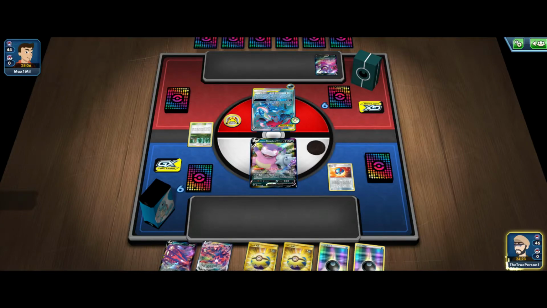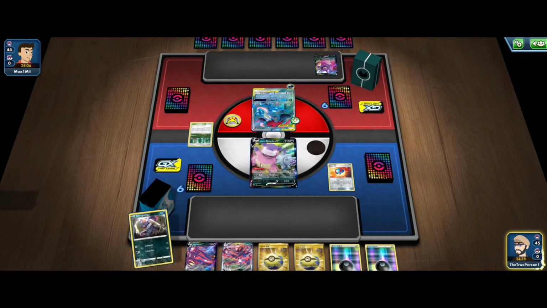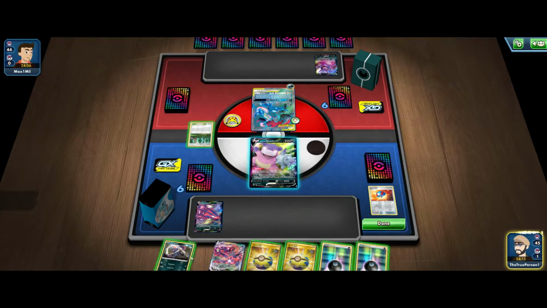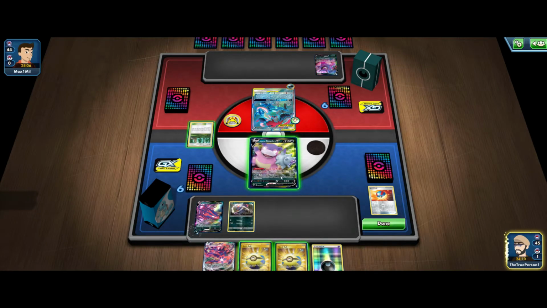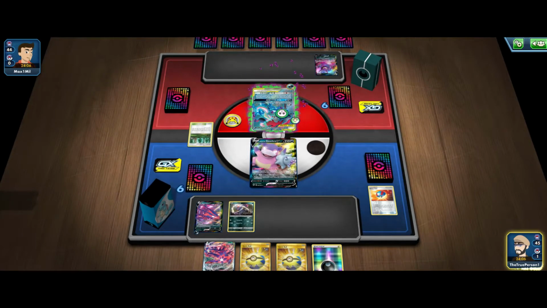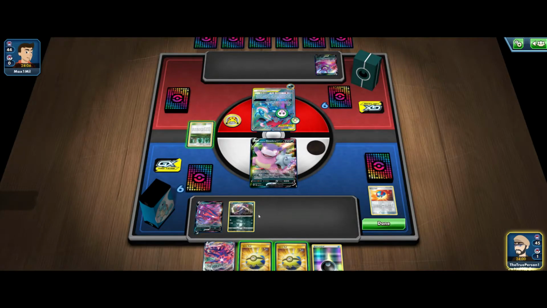Gonna start off with the Great Ball here. Grab out that Croagunk. That's a good start. I think I'm gonna opt to Crobat here, to be quite honest. Gonna start off by benching this. Bench this. Attach the Dark Energy here. Go for the Rapid Fire Poison, because there's really not a reason not to. There's no way our opponent's gonna be able to KO our Eternatus V the following turn, so I